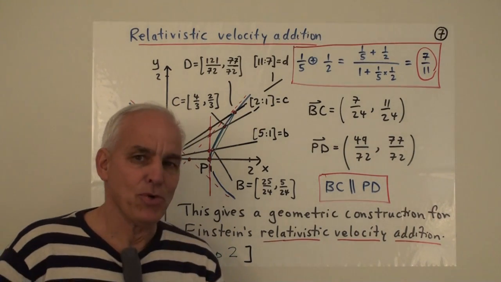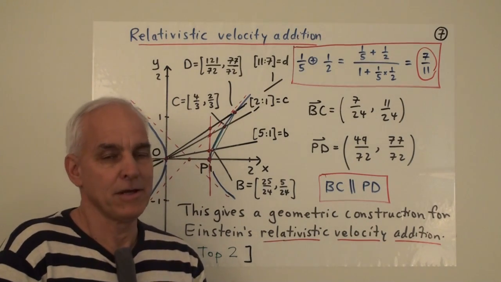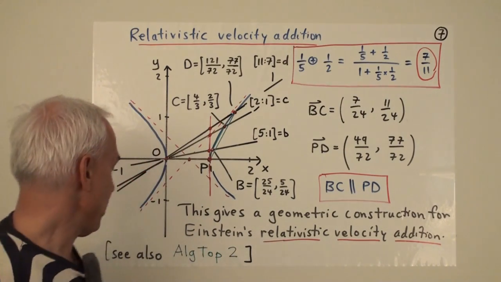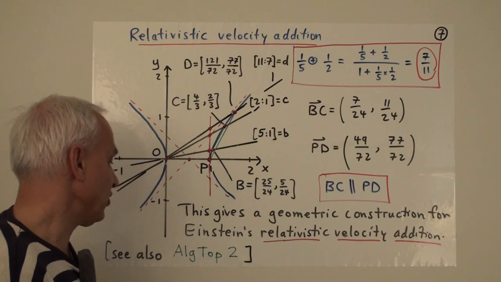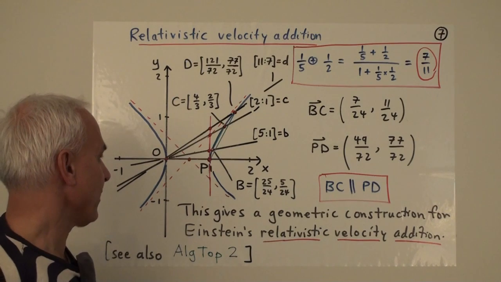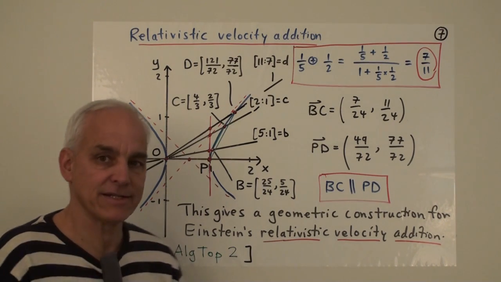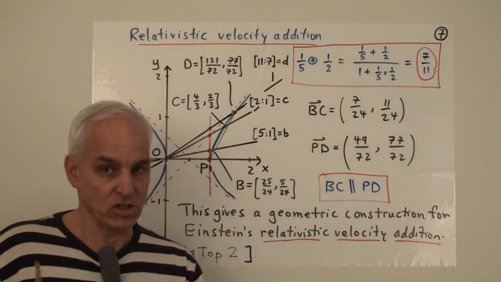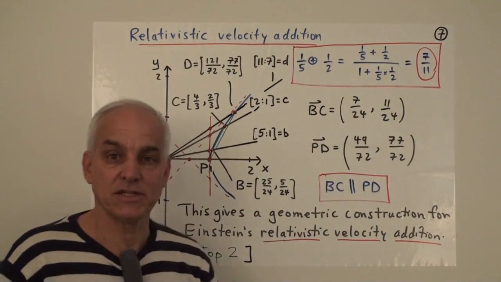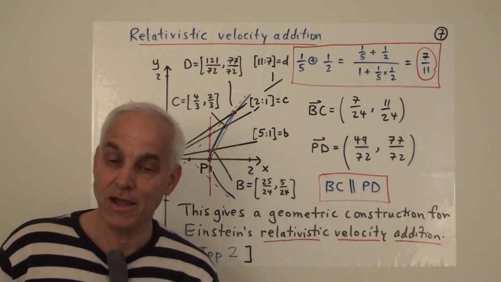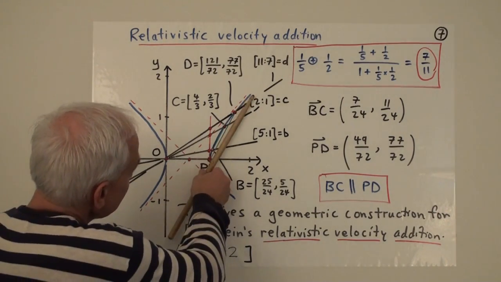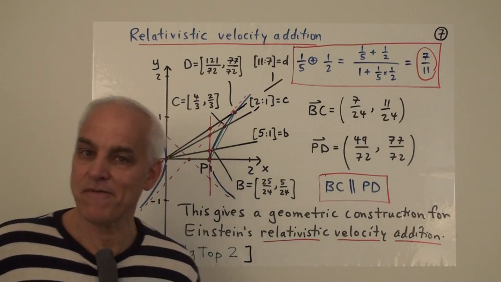So this is related to an interesting multiplication or group structure on a general conic, in fact, which is described in Algebraic Topology 2, and I give some references there to other people's work as well. So there's a general story here. This is just a special case of some phenomena that happens quite generally for a general conic. But what we're seeing is that this perhaps somewhat mysterious relativistic addition formula of Einstein geometrically is a very, very simple thing. It's really a manifestation of the parallel chord theorem for our core circle.